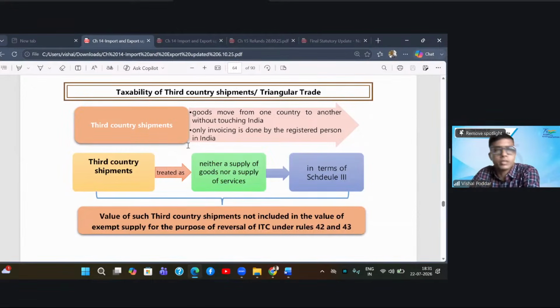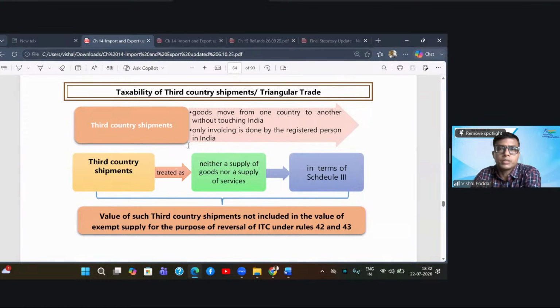Now coming to the third scenario. This is also called as out and out transaction, or it is also called as third country shipment. What is this out and out transaction or a third country shipment? So let us say I've got an order from US. Now what they want is manufactured in Bangladesh. What I can do is I can purchase the goods from Bangladesh, bring it to India, and then I can export it to US. But you will understand that this will consume a lot of time, plus unnecessarily my shipment